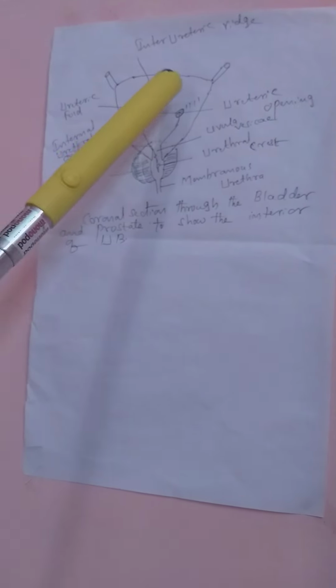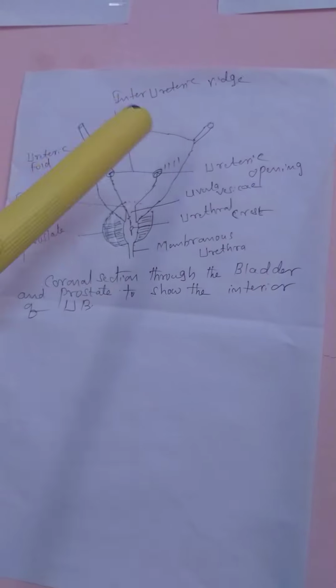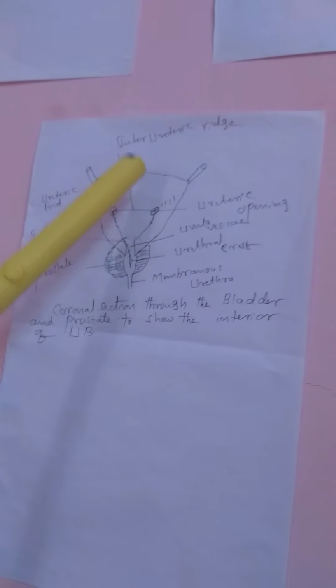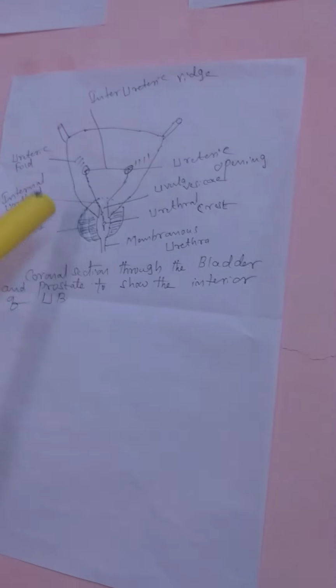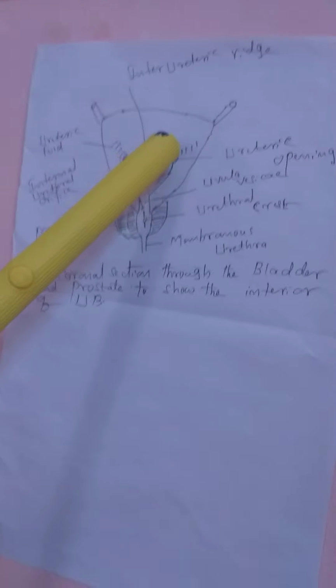This interior of the empty urinary bladder can be seen through the instrument called the cystoscope. It is the internal part. Once again I repeat, the trigone is the part of mesodermal origin, which is the distended part. Then anterolaterally there is